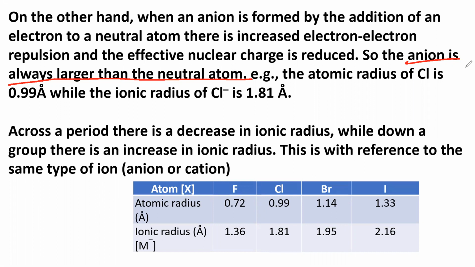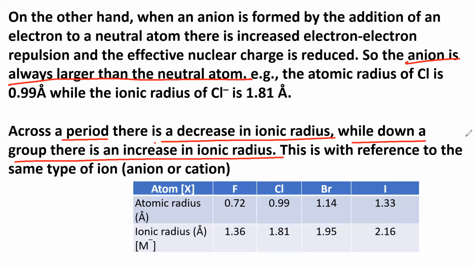What is the ionic radius trend in a period and a group? Across the period, there is always a decrease in ionic radius, while down the group there is an increase in ionic radius because the atomic radius increases. So atomic radius and ionic radius are similar. As we move from left to right, atomic radius decreases, and in the same way ionic radius also decreases. Down the group, ionic radius increases because atomic radius increases, due to increasing atomic number and the addition of extra shells.